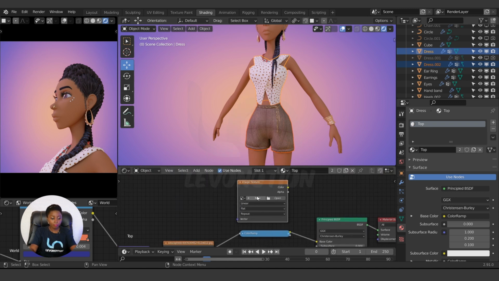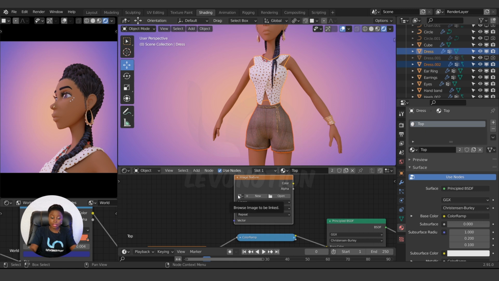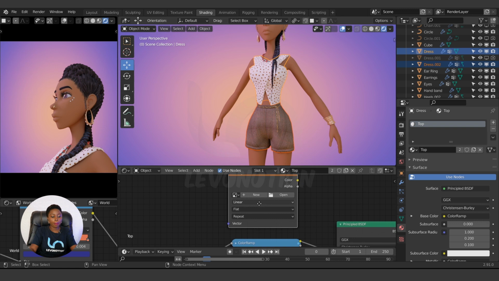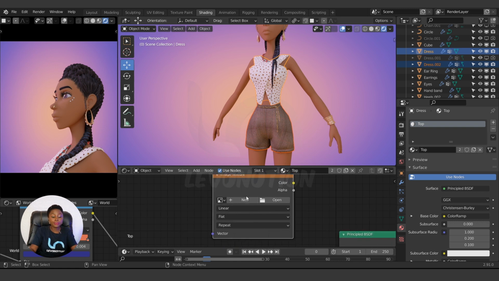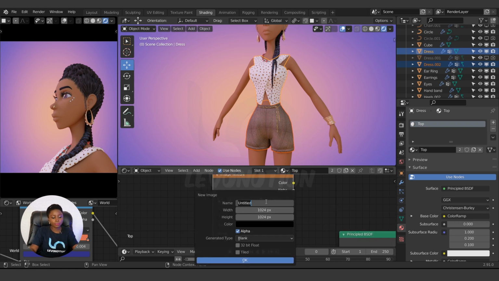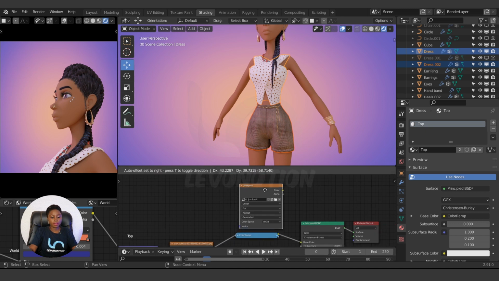If you have the texture ready, you can select it from here, but we're creating a new texture. So click on new, jumpsuits. Then instead of 1K, I'm going to change this to 2K, 2048 by 2048. Now we're done with this.